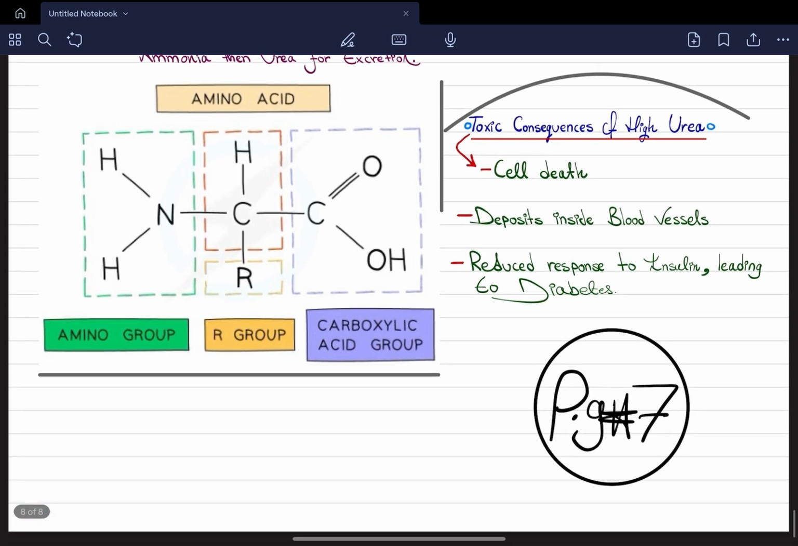There are some toxic consequences of high urea: cell death, deposits inside blood vessels, and reduced response to insulin, leading to diabetes, which is a high amount of glucose in your urine because it is not absorbed in the first proximal convoluted tubule. And that was it for this chapter, topic 13 in biology